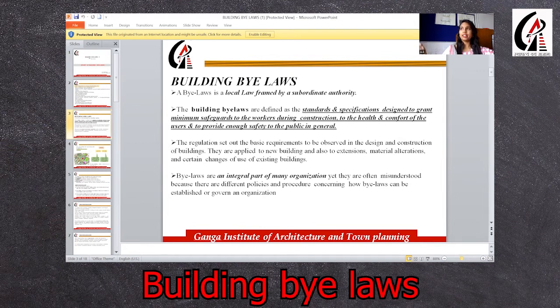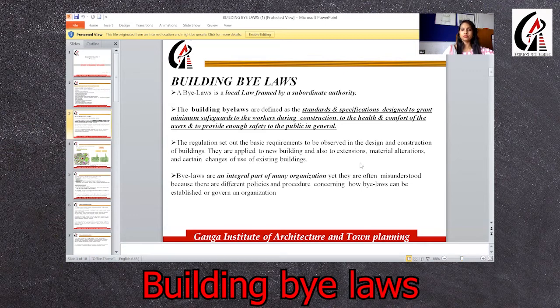We have some criteria on how to design the building with some setback, with some zoning as per the requirement, and about the ground coverage. So we have some framed points that we have to follow while designing, or at the time of planning any building, or we can say any town.